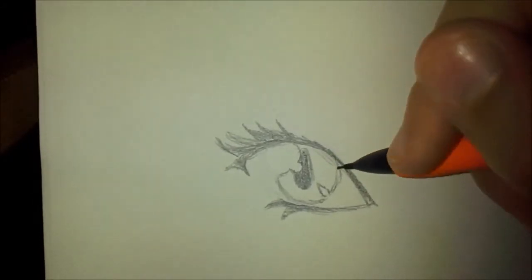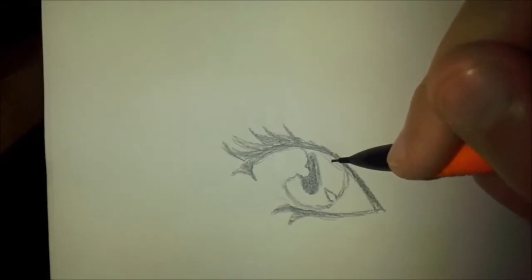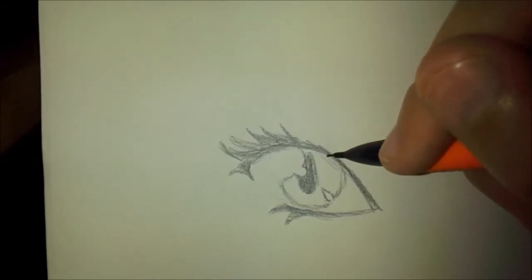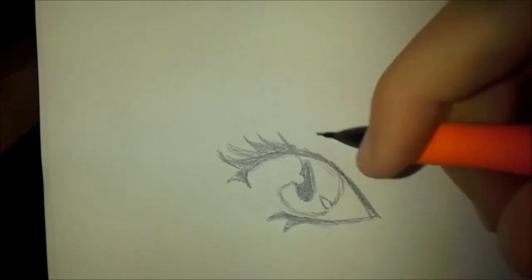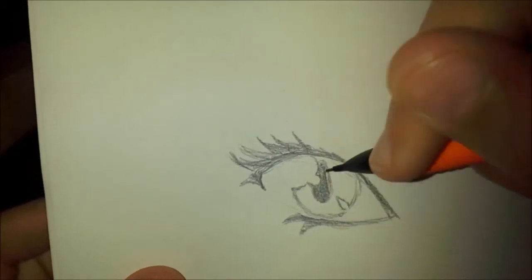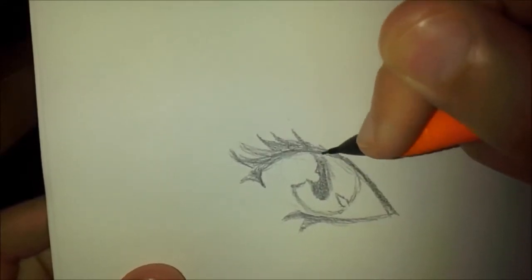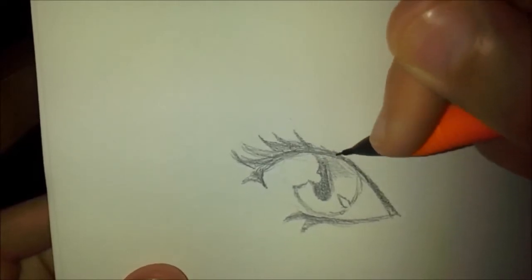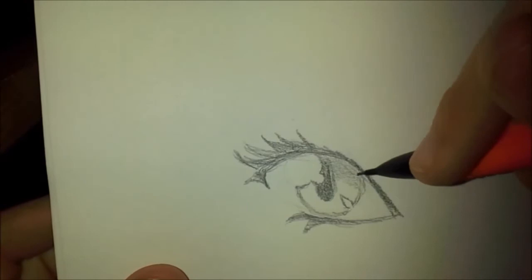So once you start to darken up the arch and your definite shape of the eye, you like how it is. See, now I'm going to add a couple more eyelashes here because I think that they're needed here. Just a little bit. And then one more right there. See, now that I have my eyelashes up here,